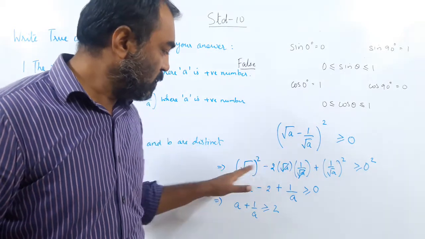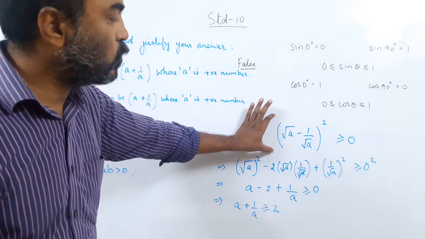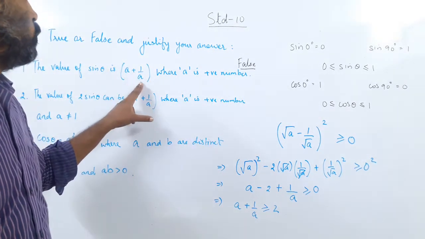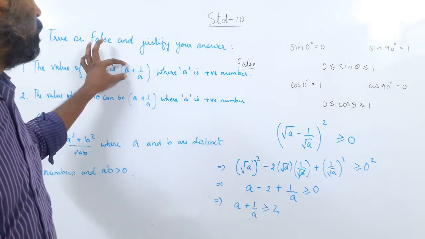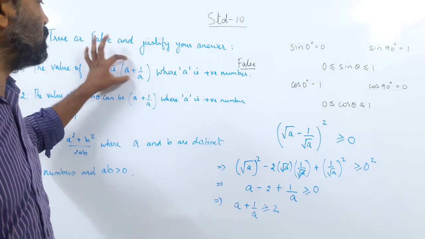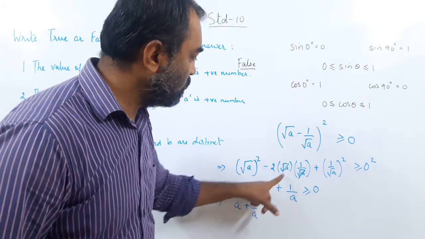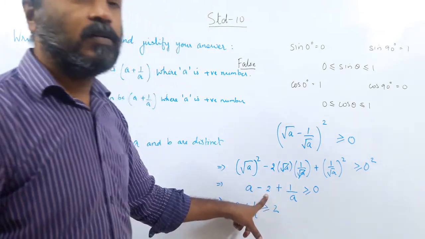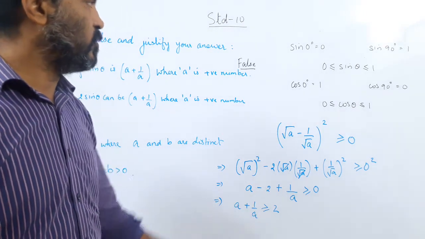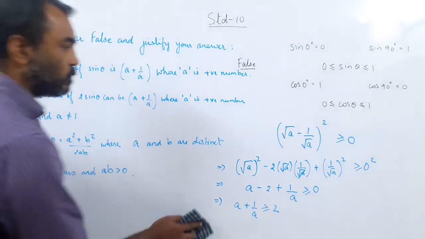So I took this and went further. So here the most logical step is to select what to be taken. This is the most important step. So it was a plus 1 upon a, so you will take the root of both. And since these are reciprocals, can you see these are reciprocals? So I took the reciprocal because when I multiply the middle term, the reciprocal will cancel and I will get a number here. So this is false because the value is greater or equal to 2, which is not possible. So this was sum number 1.